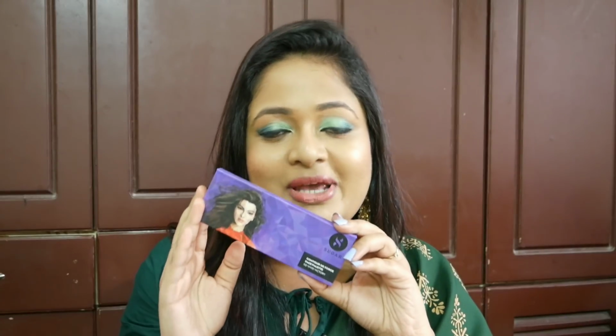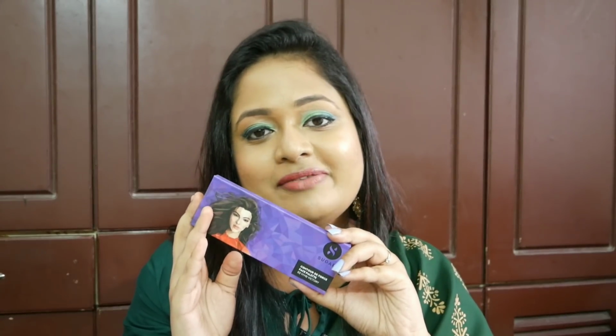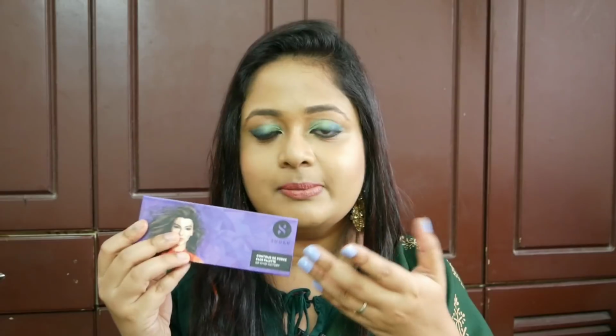I like it very much, and I definitely see myself using this a lot, especially when I'm traveling. The shade is a good choice for me, and at $7.99 you are getting 4 grams of each product, which makes it 12 grams, and ultimately the product is formulated in Italy. So I'm so happy that I received this product in my fab bag. Even otherwise, if I finish it someday, then I feel that I may repurchase this product